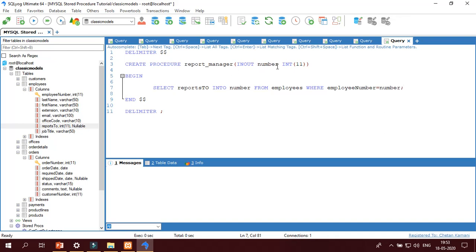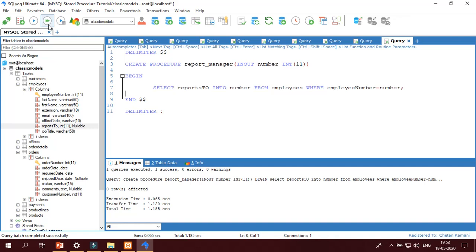Okay. In this case, this number works as an input. In this case, here it works as an output. So likewise, the INOUT mode can be used. Okay. Now call this stored procedure.